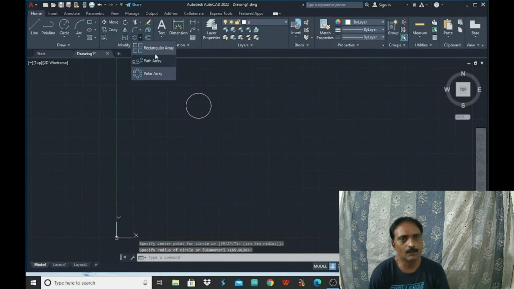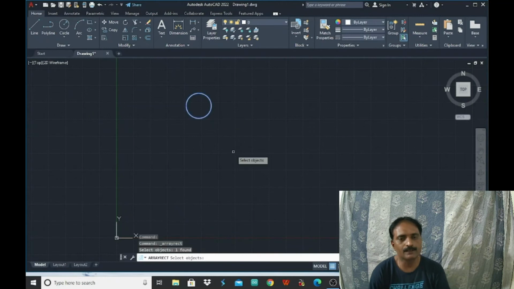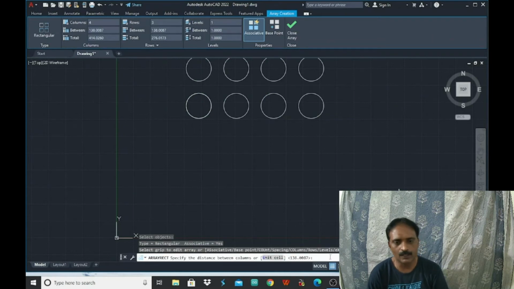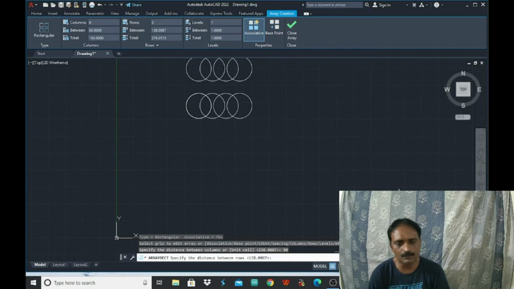Okay, first of all I am going to show you the arrays. We have to select this array command, and you can go for the number of rows and number of columns.